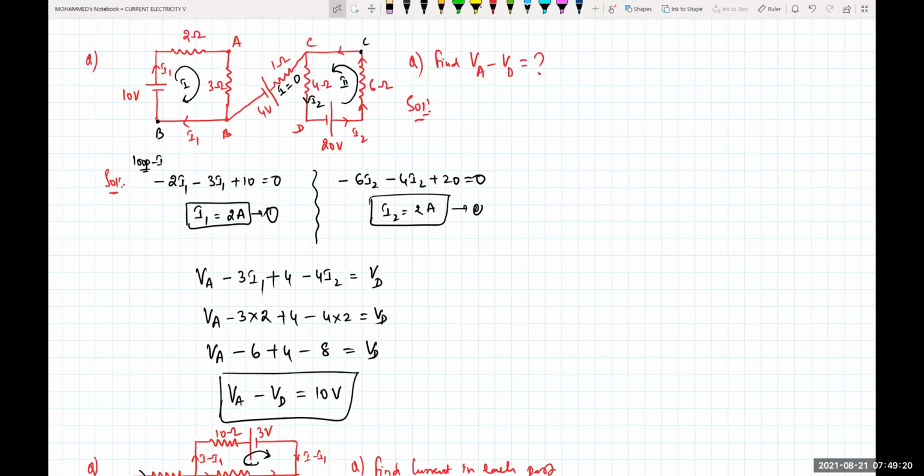Sir, why, sir? See, why means what is the relationship? Whatever the current is being taken from your I1 loop, it has to go back to where it starts, no? Current formed from the 10 volt as I1, and I1 will go up to your A to B. Again, from B, current does not go from lower potential to upper potential.